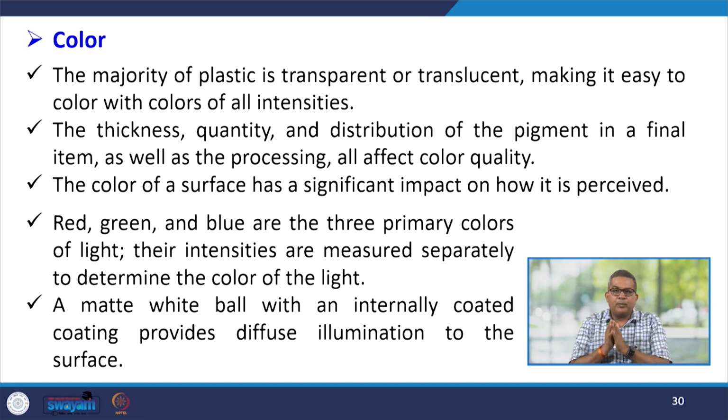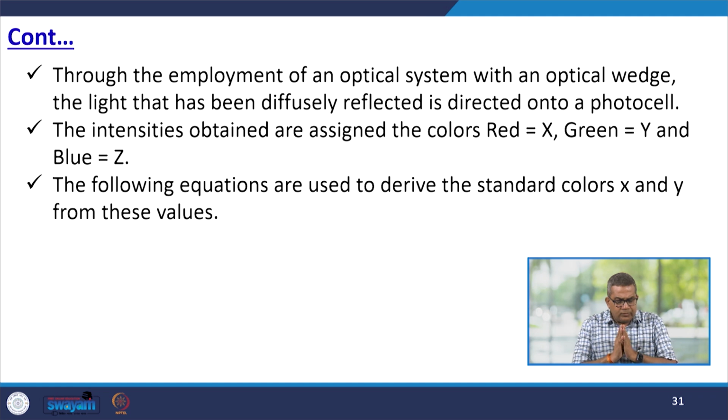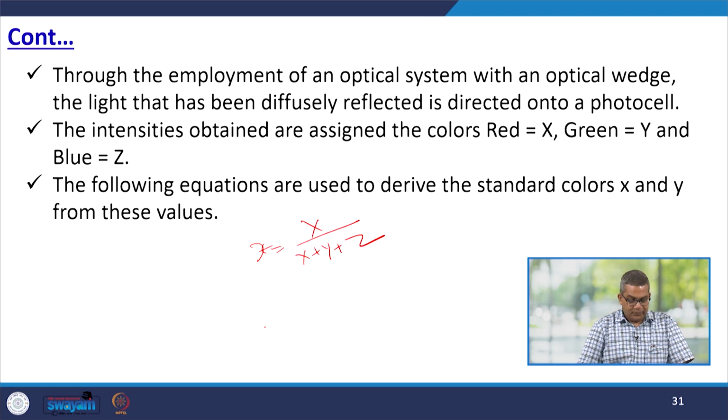A matte white ball with an internally coated coating provides diffused illumination to the surface. Through the employment of an optical system with an optical wedge, the light that has been diffusely reflected is directed onto a photocell. The intensities obtained are assigned to the color red, that is X, green, that is Y, and blue, Z. So, the equations which we are going to write are used to derive the standard color values x and y from these values, like x is equal to